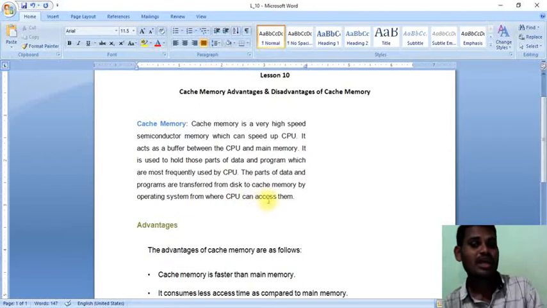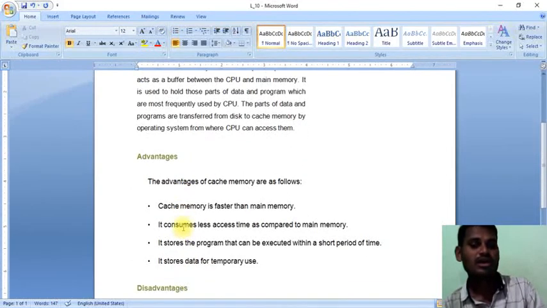Coming to the advantages, it is much faster than the main memory. Main memory may have a large amount of files and different kinds of data, while cache memory stores only a small amount, for a short time.